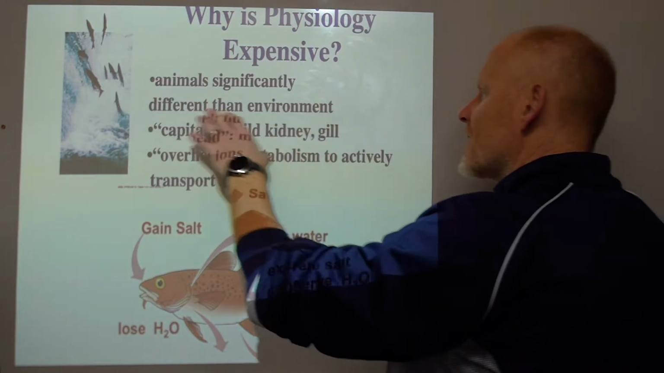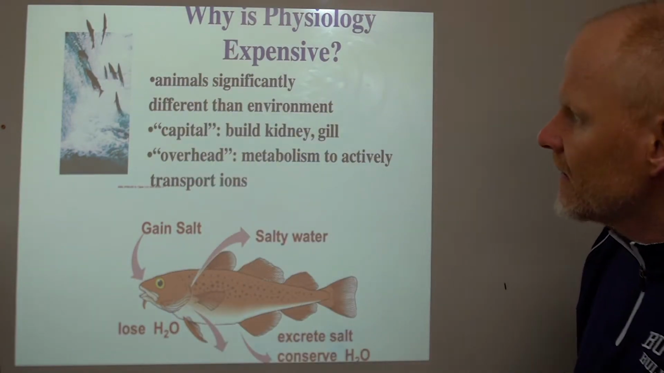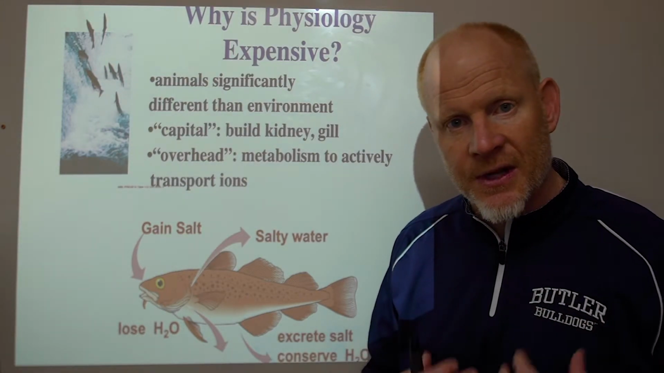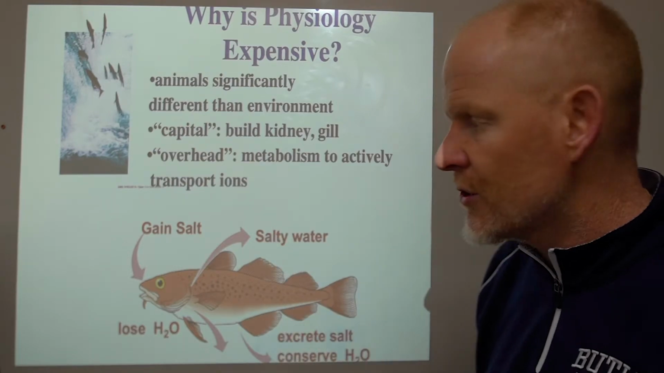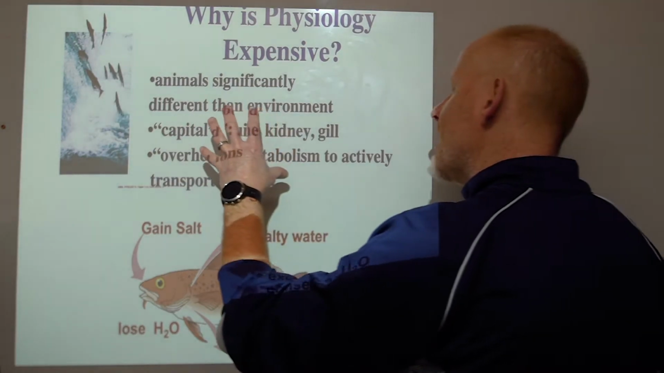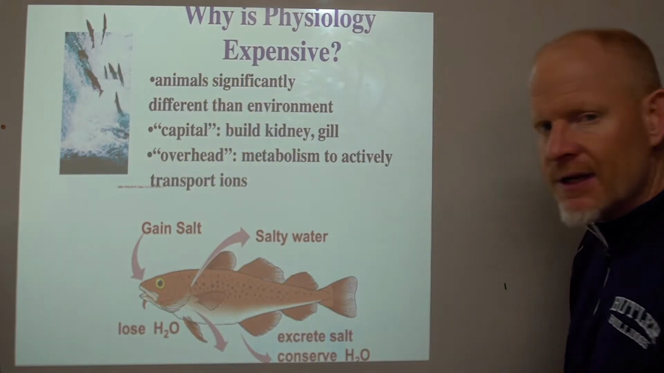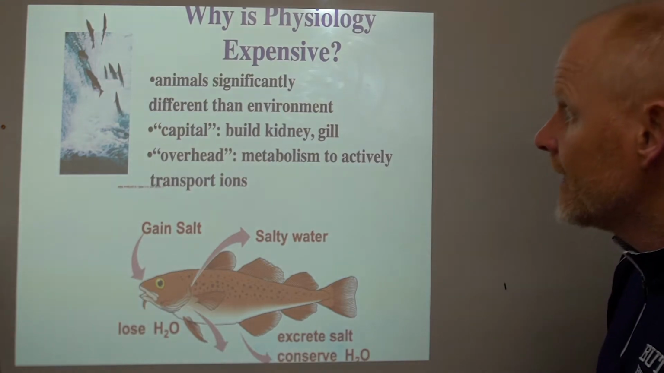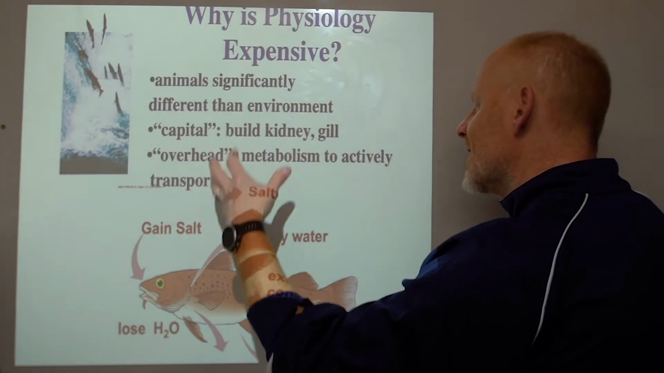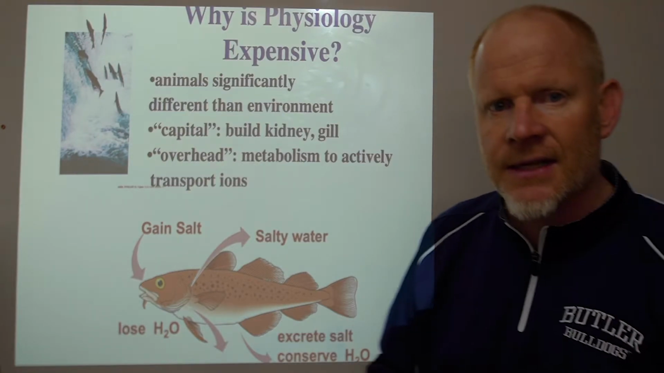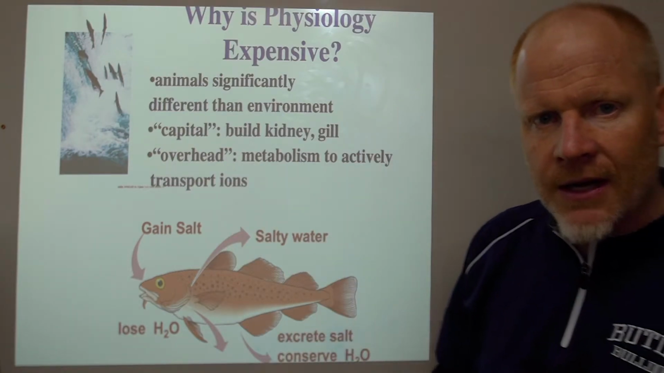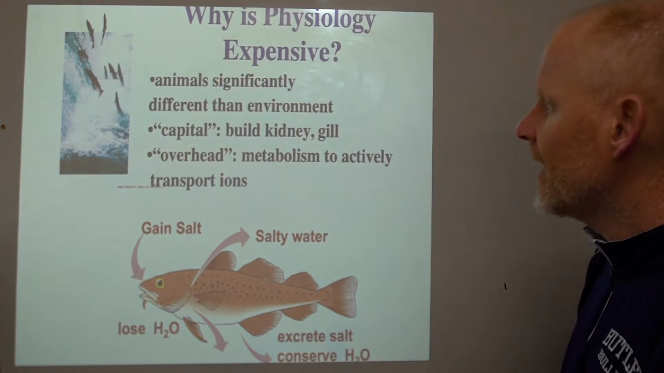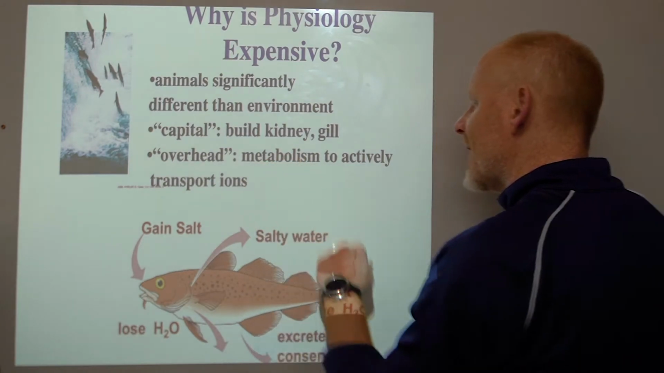So animals are significantly different internally than they are to their environment. We're going to call it homeostasis. All right, our homeostatic conditions within our body are a lot different than the air around you and the temperature around you. The capital that we build to maintain these very different environments, our inside of our body to the outside environment, is called capital. Things like kidneys and gills and livers and lungs and trachea, all of the stuff that we built in our body outside of the gonads that are responsible for maintaining our everyday activities. It's called capital. The overhead is the metabolism that is involved in